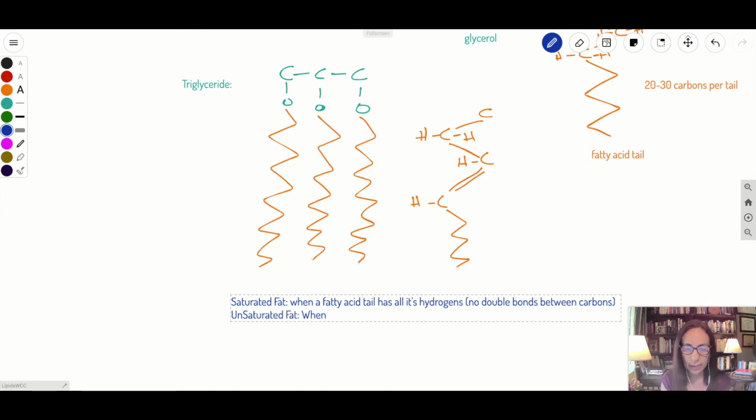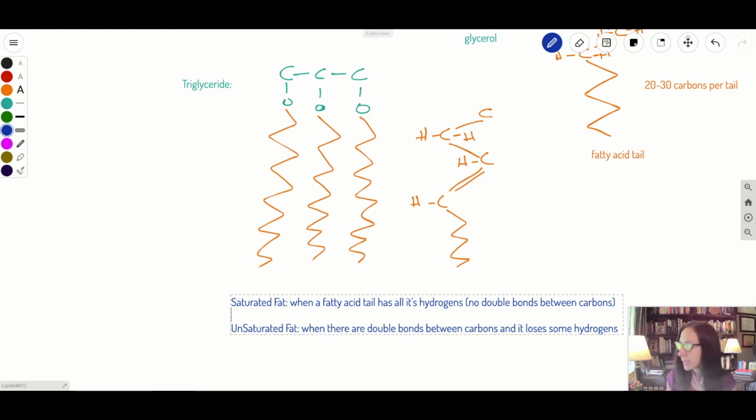Okay, when there are double bonds between carbons, it loses some hydrogens. So it is not saturated with fats. A couple of things that I want to point out is that a saturated fat, because the legs,